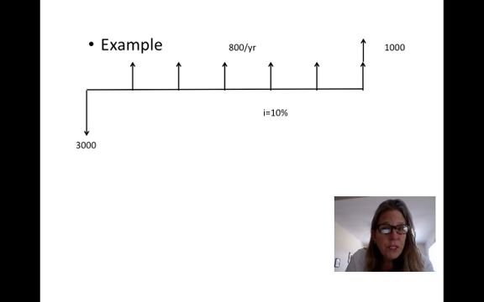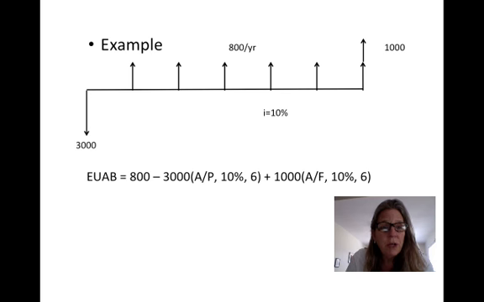Now the rules for deciding whether this is a good investment are the same as the rules for net present value, in that those with a positive annual benefit we will accept, and those with the highest positive annual benefit or the lowest costs are the ones we're going to choose, if we're choosing between alternatives. So what we're going to do is look at the equivalent uniform annual benefit,